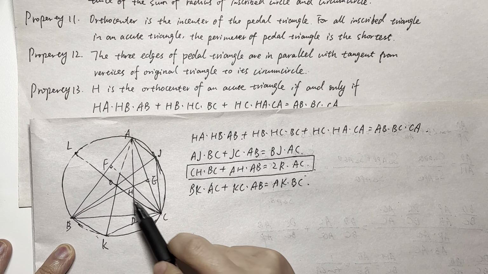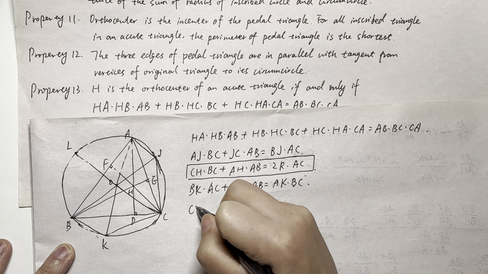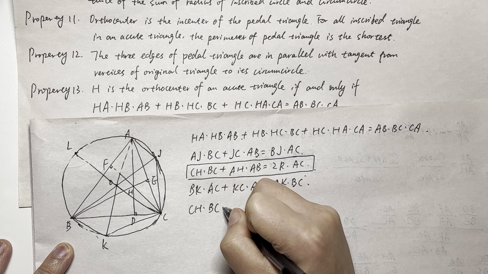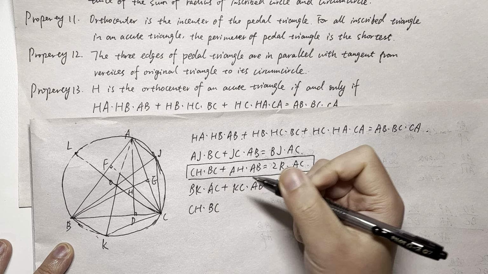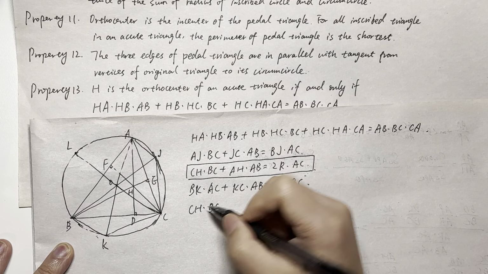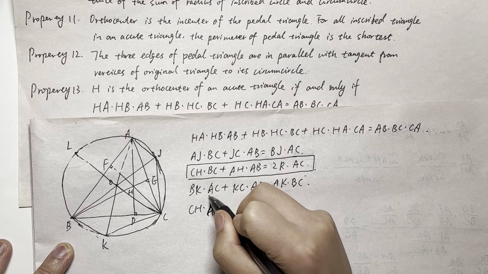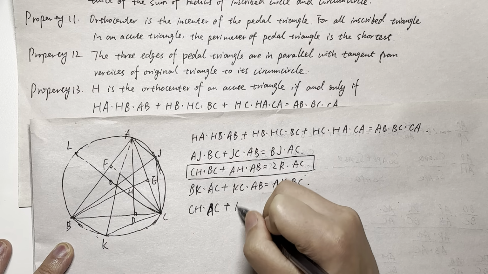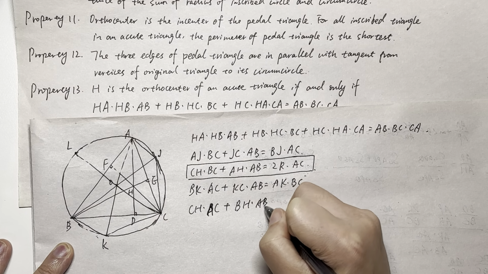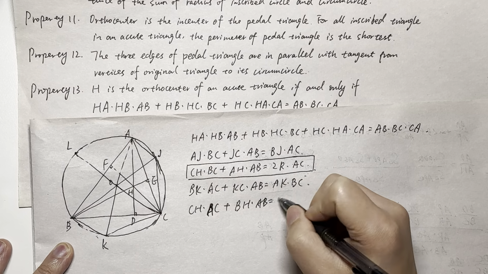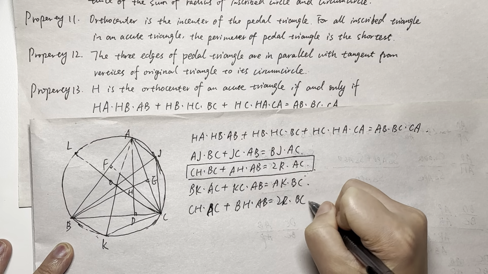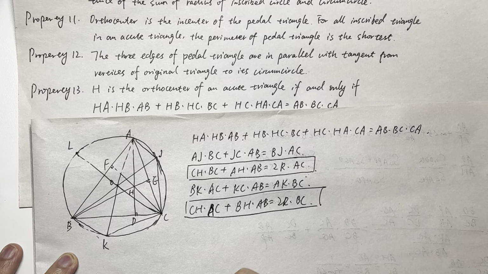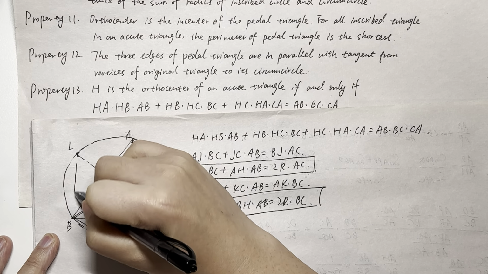And BK equals CH, so CH times AC plus KC equals BH, so BH times AB equals AK, and AK is 2R times BC, right? Let's mark this one. And for